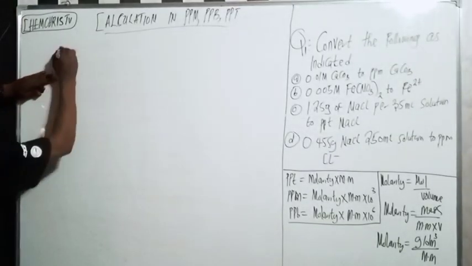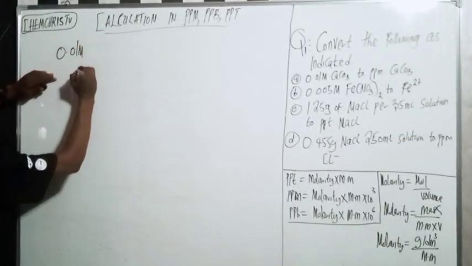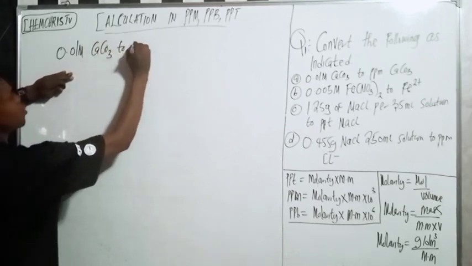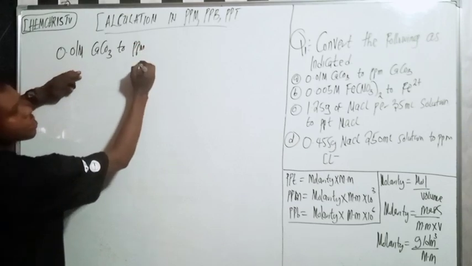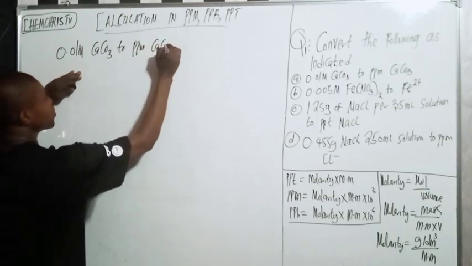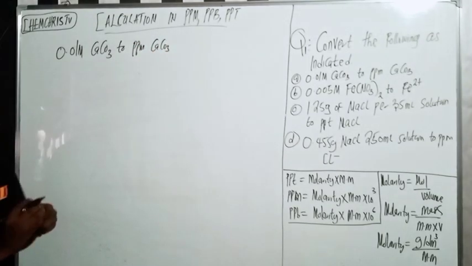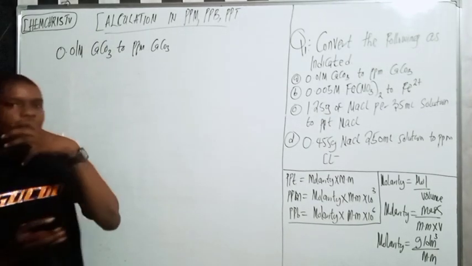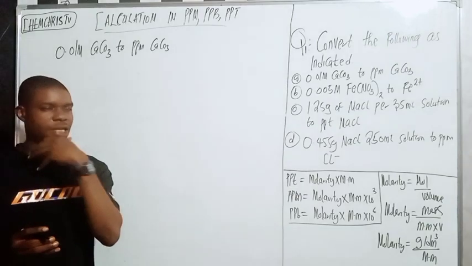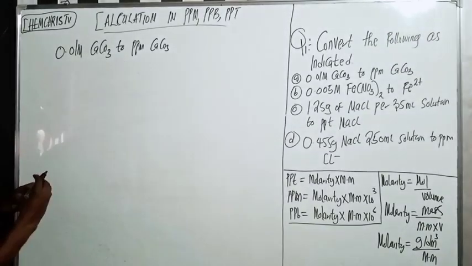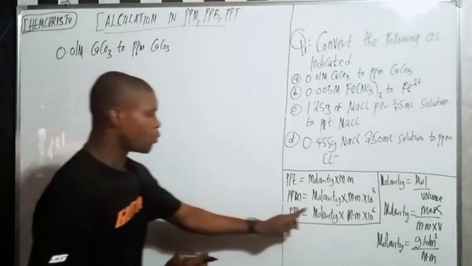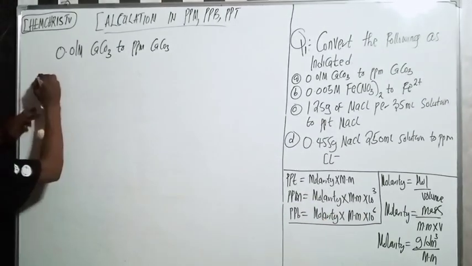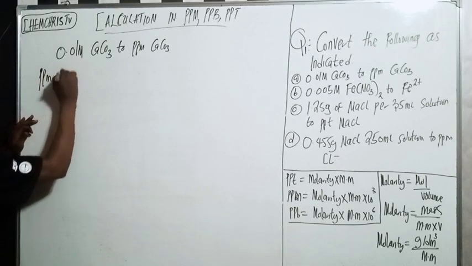They say 0.01 molarity CaCO3 to ppm, right? CaCO3. Do you understand? So they ask you to express this in ppm in CaCO3. Don't worry, as we will understand here. So they say ppm. Now what is the formula for ppm? ppm is molarity times molar mass times 10 to the 3, right? So ppm equals